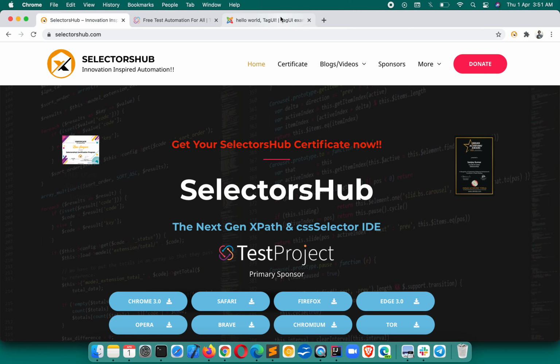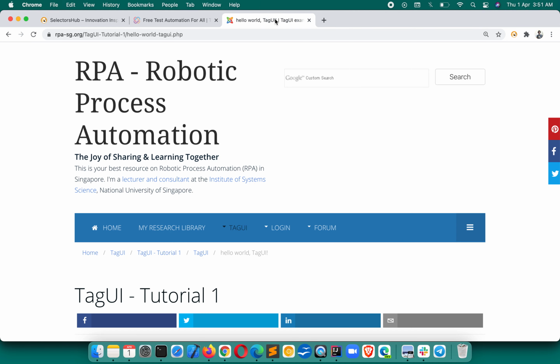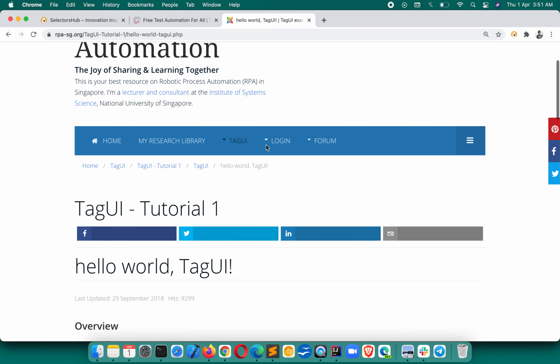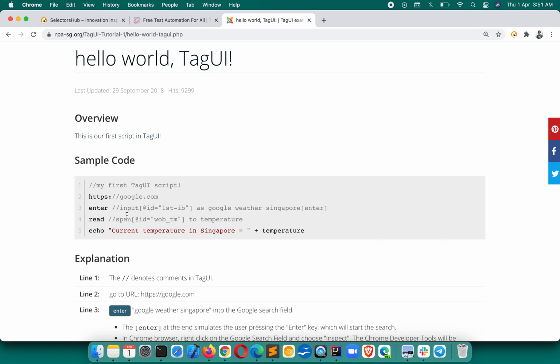So this feature is suggested by my friend Ken, creator of Tag UI. In Tag UI, double quotes is supported. You will have to write attribute value inside double quotes. So he requested, Sanjay, can we have this feature so that we will not have to do a manual task here. So this is really amazing, and I am really thankful to Ken. And if you haven't explored Tag UI, please do check it out here.